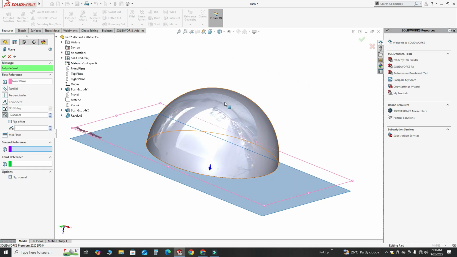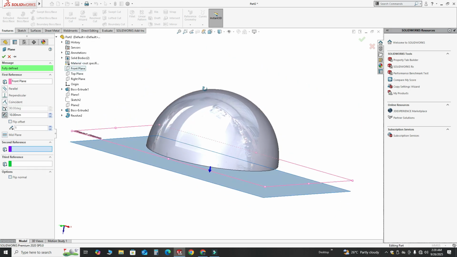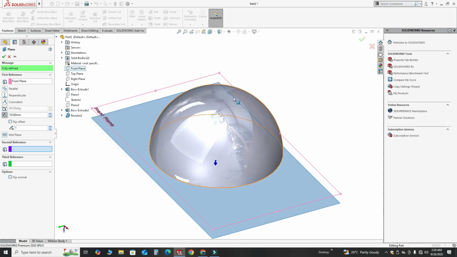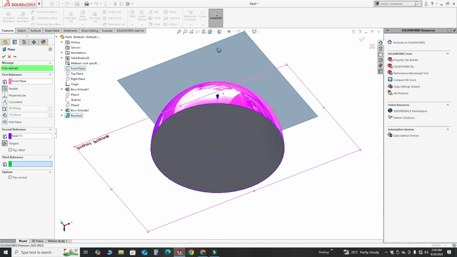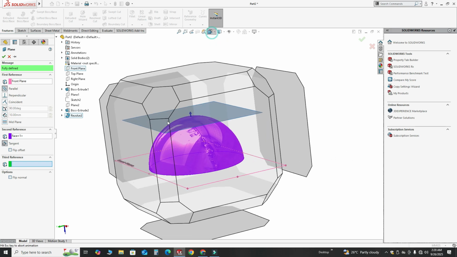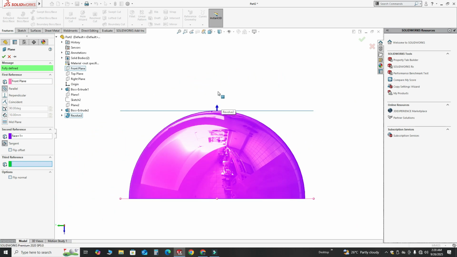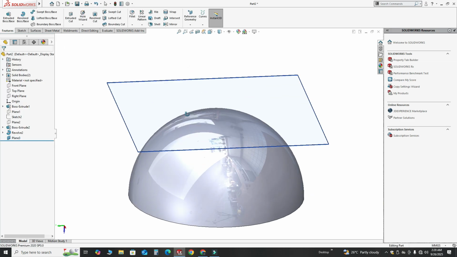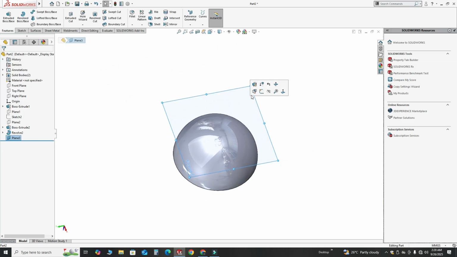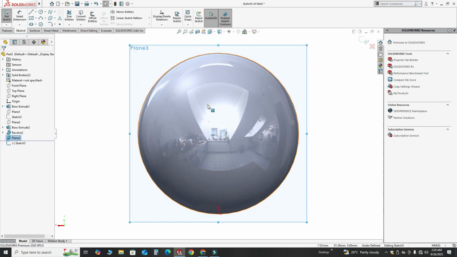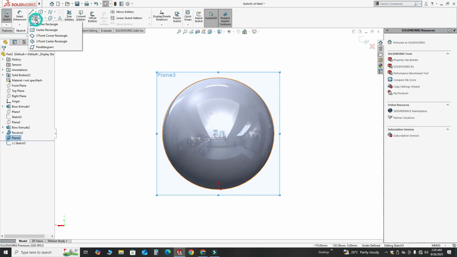okay, which is parallel to this plane, and then I will select this surface, okay, I will select this surface, and here you can see the preview, okay, that is exactly what we want, and here you can see the tangency symbol or tangent. Select OK. Now I can make some geometry on this newly created tangent plane, sketch,